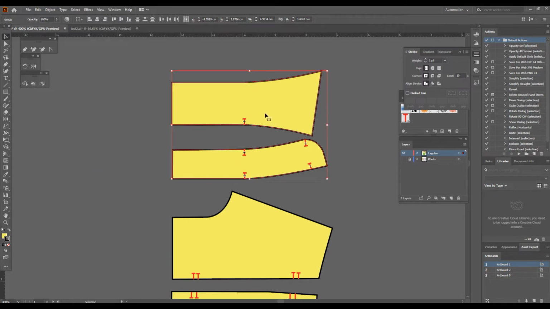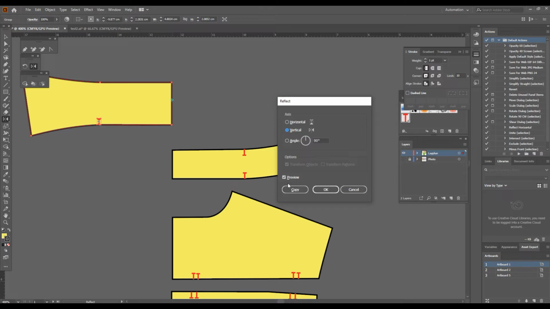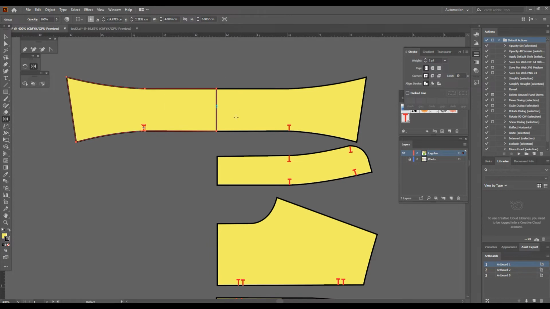You can choose a different method, but I prefer to use reflect tool. Make sure to select the object you want to reflect. And using the reflect tool, which looks like two triangles facing each other, hold down Alt key if you're using PC or Option key if you're using Mac, then click the center back line. And I'm going to choose vertical axis, and this time I'm going to click copy. And you have two objects